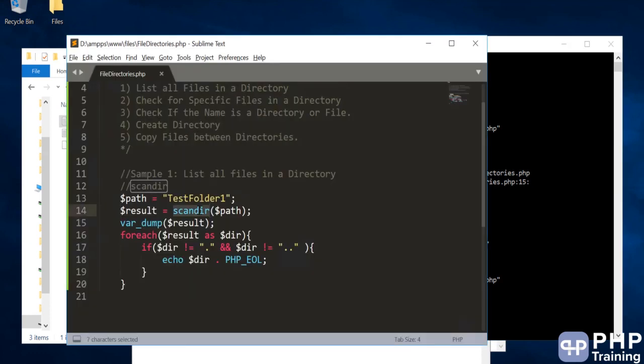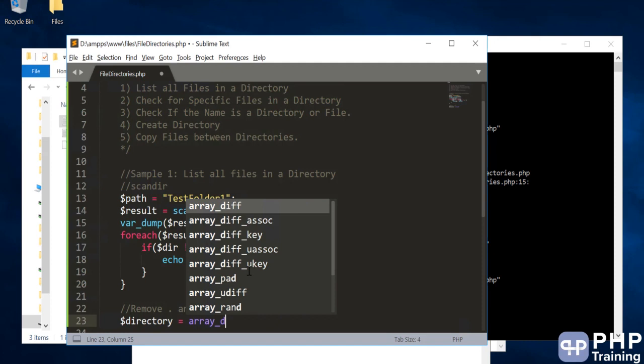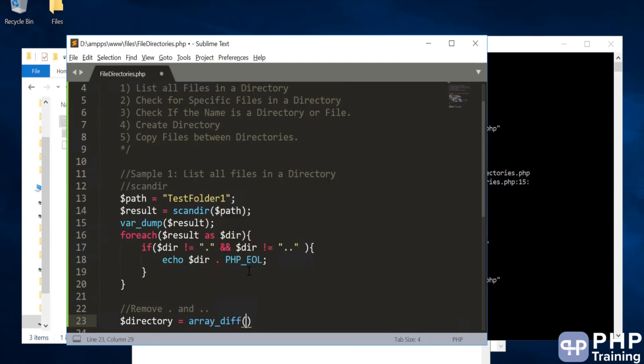Okay, so scandir is a function using which you can list all the files in a directory. There's another way to remove that dot and dot dot. I'll give you a very simple and easy method. So let's say you have a directory variable, you can do an array diff and you can pass in your actual array, and now you can say I want to find the differences, means